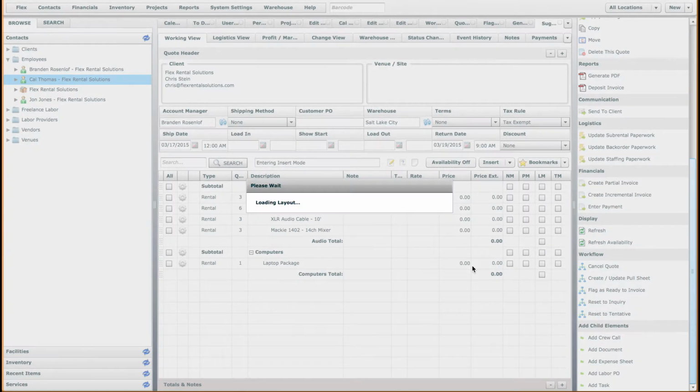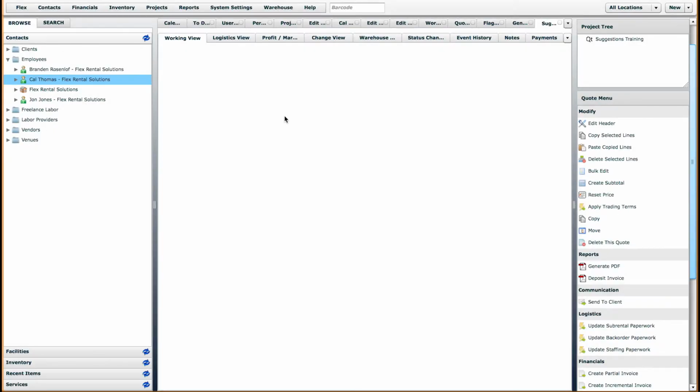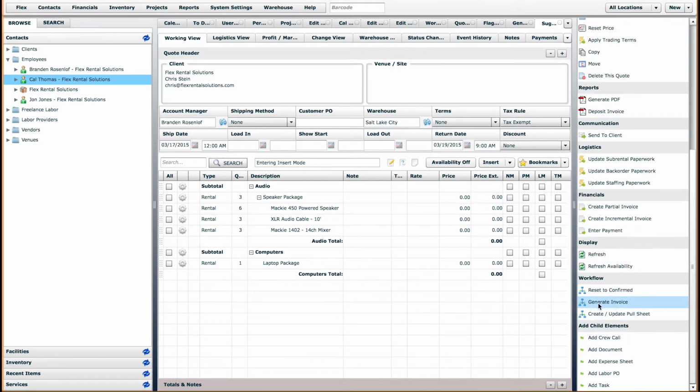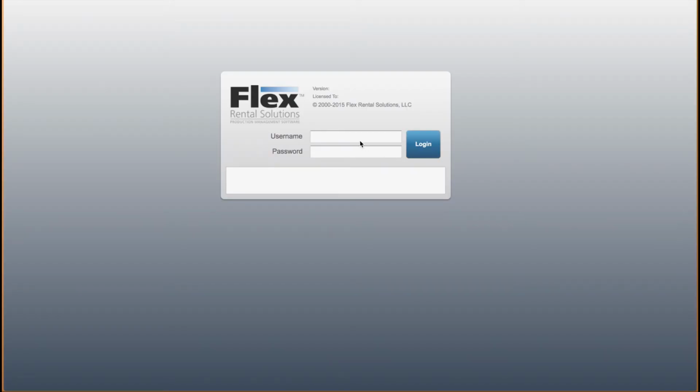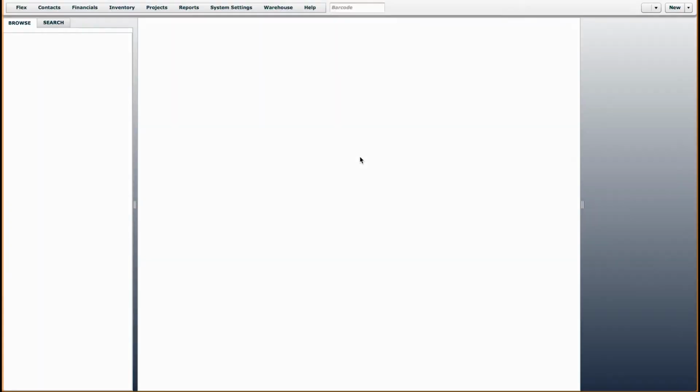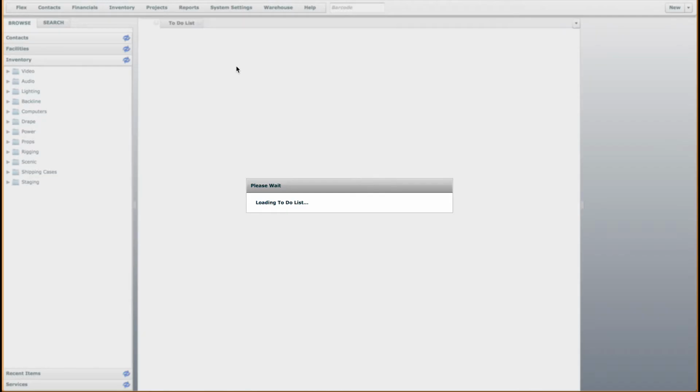So I'll click flag as ready to invoice. And now, just to show what this actually looks like, because again, I'm in the administrators group, so I have all options. Let's actually log out and log back in as, I believe the user that I'm going to use is a shop tech. They might be a sales rep, but either way, they are not included in either of the groups that were executor groups